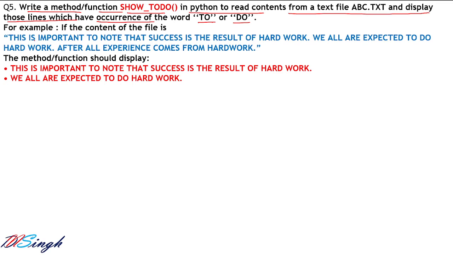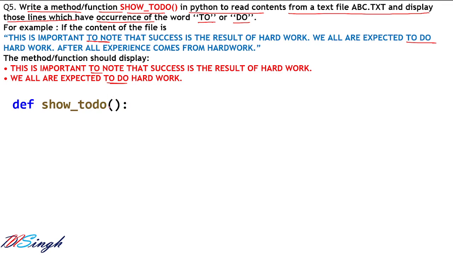For example, if the content of the file is this one, then whichever lines have "to" in them will be displayed, or "to do" in them, then that will be displayed. So here you have the "to", here you have the "to do". In both cases either "to" will come or "do" will come. So remember that the condition is or; if either one of them comes in the line, then the line must be displayed. In the same way, we write the function name def so_to_do and open parenthesis,